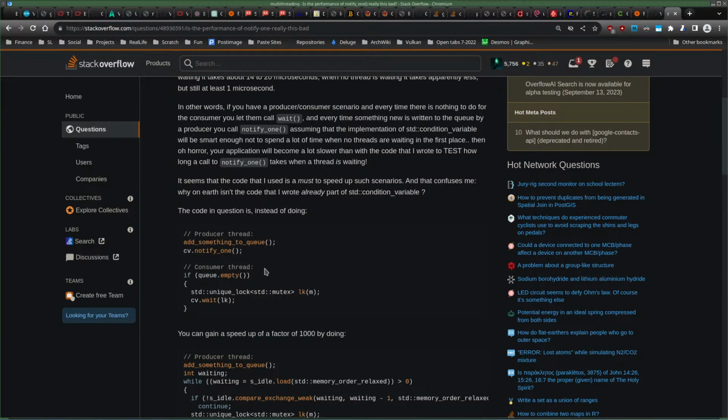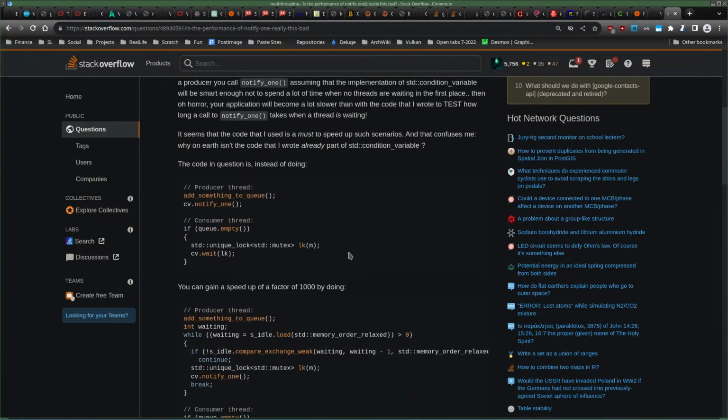And the consumer just calls queueaccess.wait, which does something like this: some condition, and then it waits. So instead of doing this, you can gain a speedup of a factor of 1000 by doing